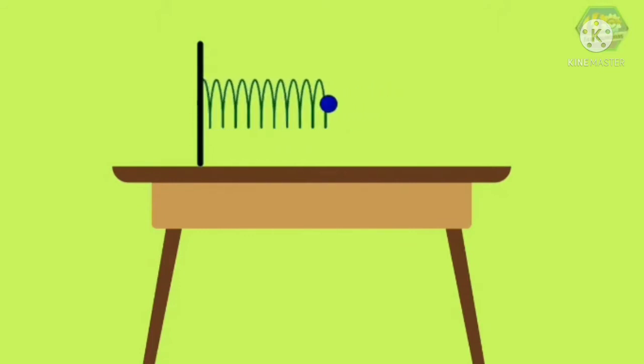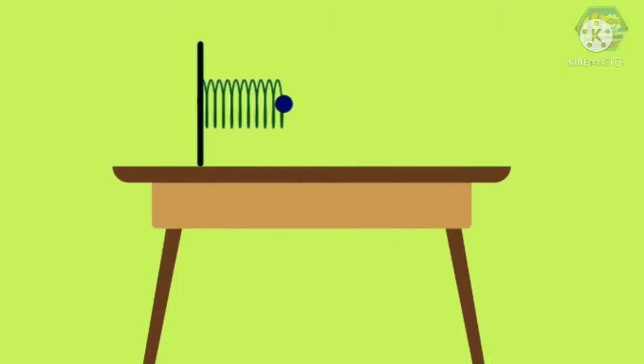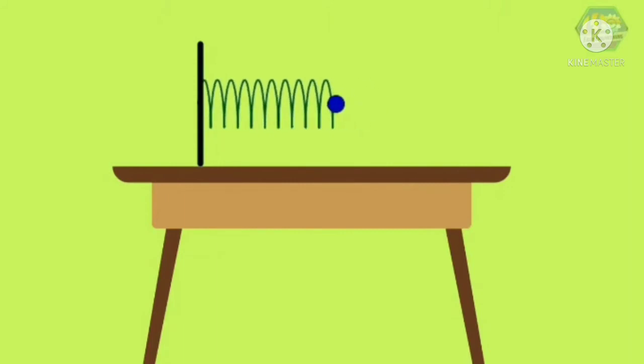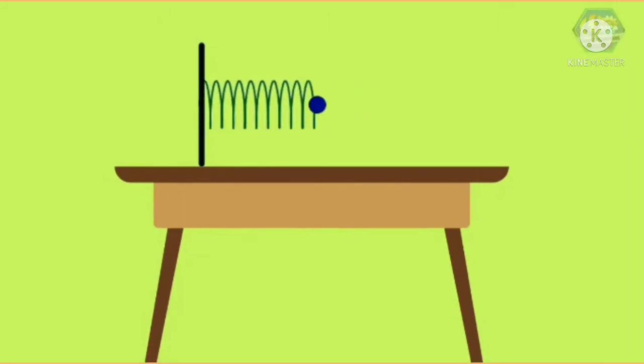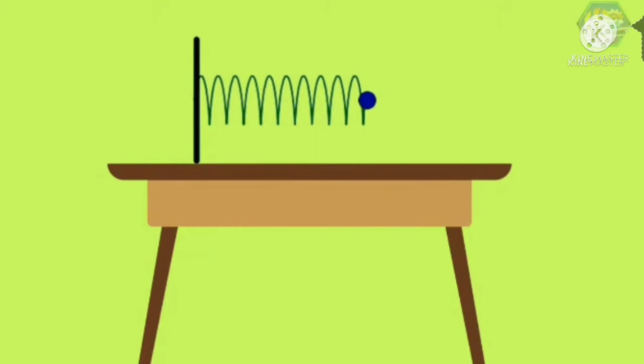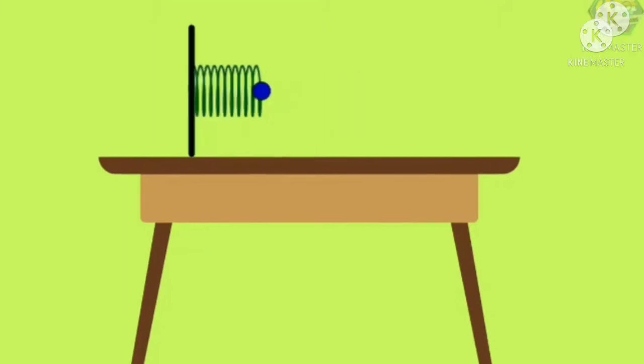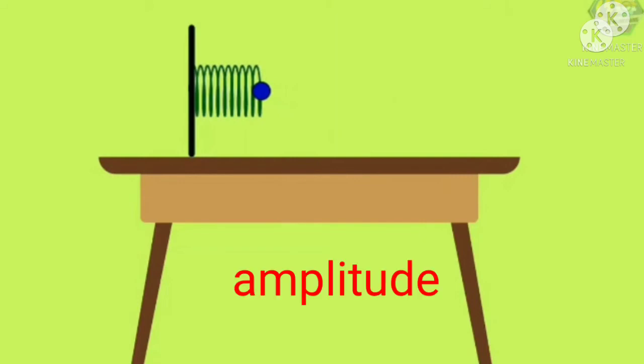When the ball moves, kinetic energy is present, and as the ball moves, there are 2 points where it is not moving, and the ball's energy will be potential energy from the spring. One point is where the spring is stretched all the way, and another point is where the spring is compressed all the way. Note that the distance between these 2 points and the equilibrium point is called the amplitude.